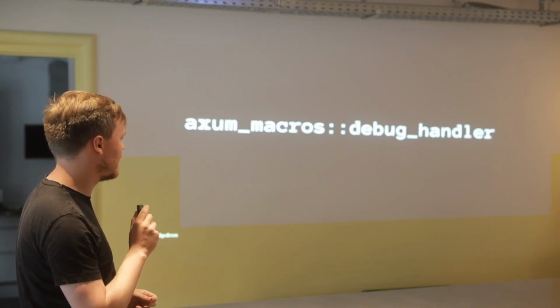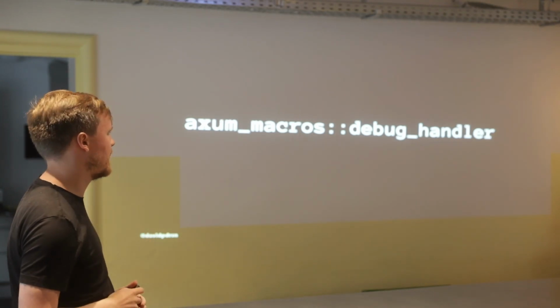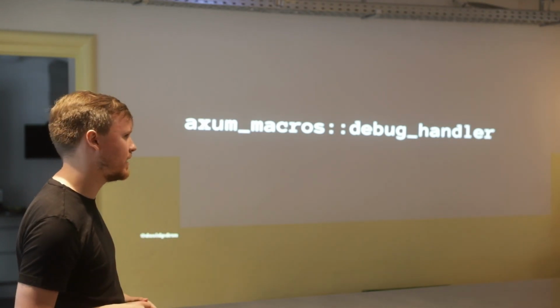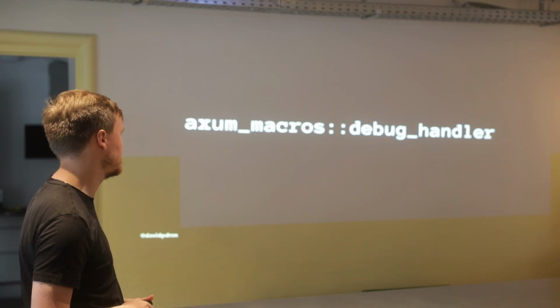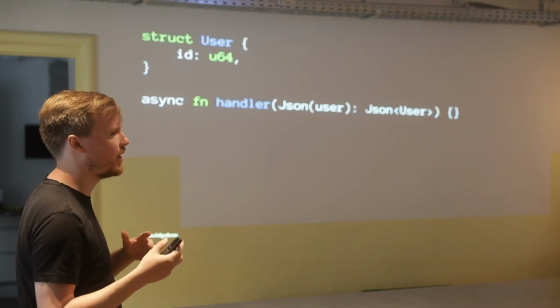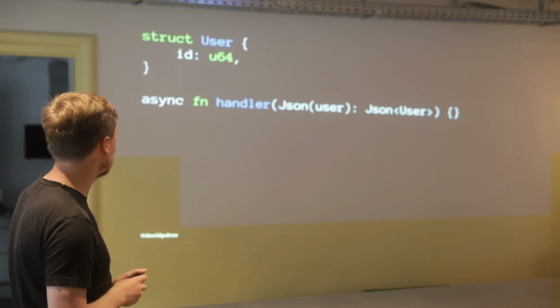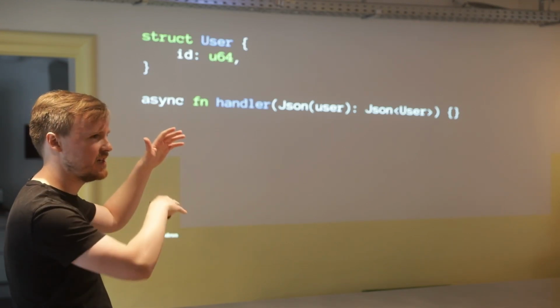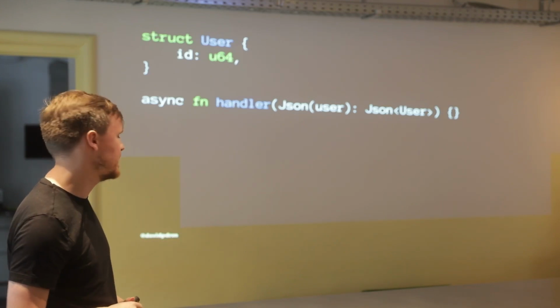There's one shout out that I want to give, and that's a debug macro that we have in a crate called axum-macros, which are utility macros that you sometimes can use with Axum. So you don't have to use this, but unfortunately the type errors that you get are sort of horrible. From all these many trait implementations, the Rust compiler is not good at generating error messages for that.